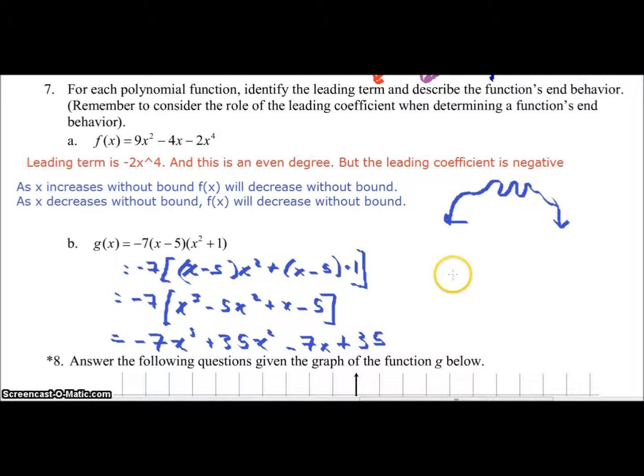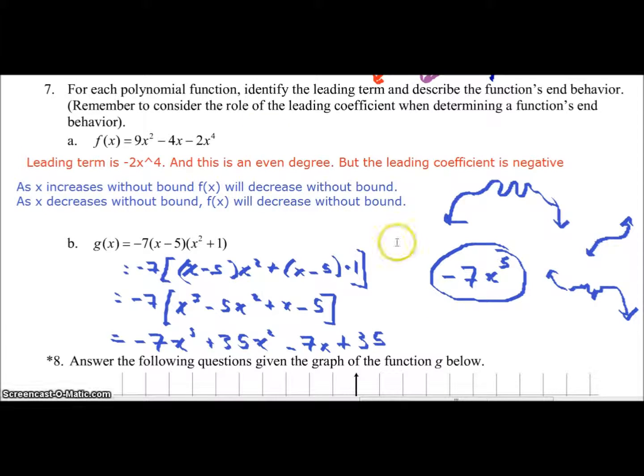And so the leading term is negative 7x to the fifth. Now, I know that if it was a positive odd power function, then my end behaviors would look like this. But it's negative, so it's going to flip upside down. I don't know what's going to happen in the middle, but I know that as x goes to negative infinity,